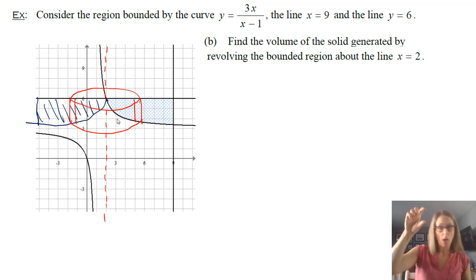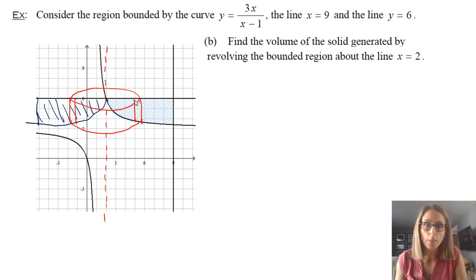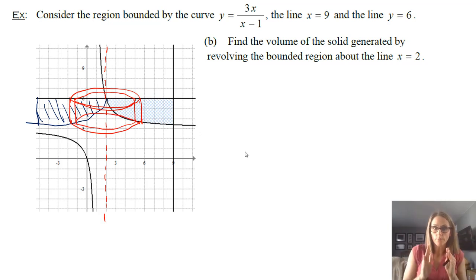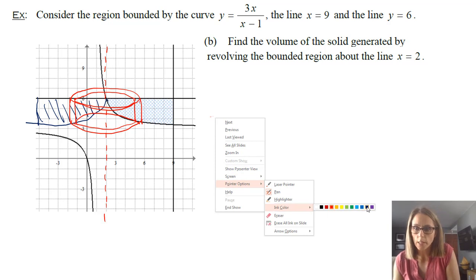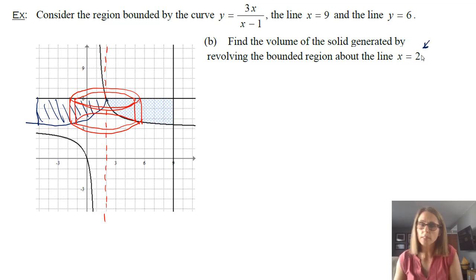So although the height of this is still the same, there's no change in the height. The big change, which some of you probably see, is the radius. So the radius of this has changed. And it's changed because it is smaller. And it's smaller because the shape's now been rotated around x equals 2. And so that's the key thing, this has shrunk the radius.